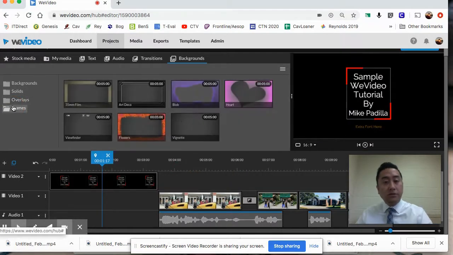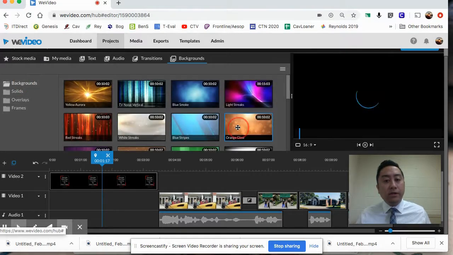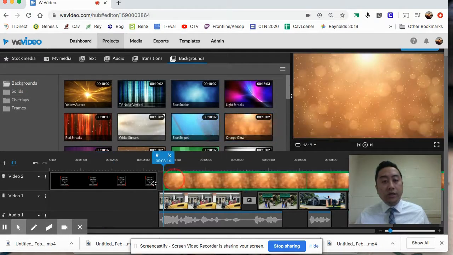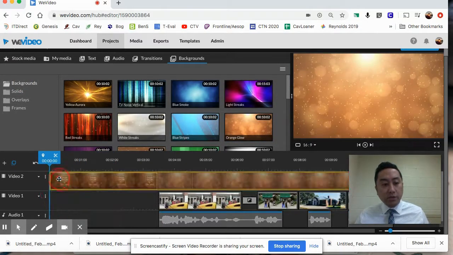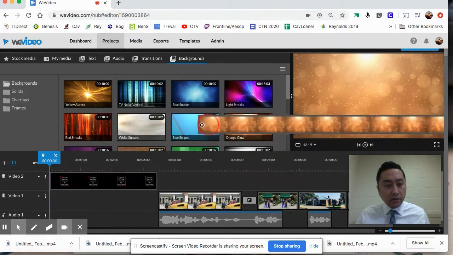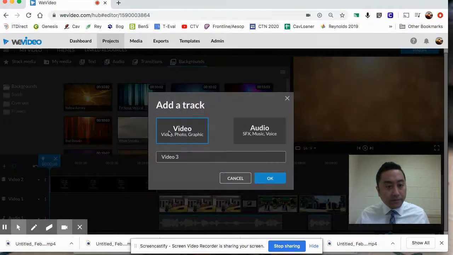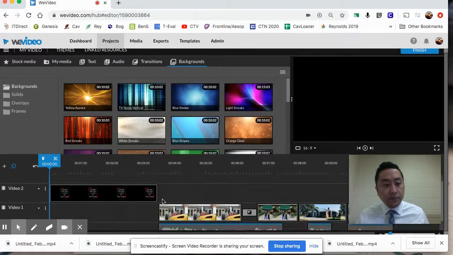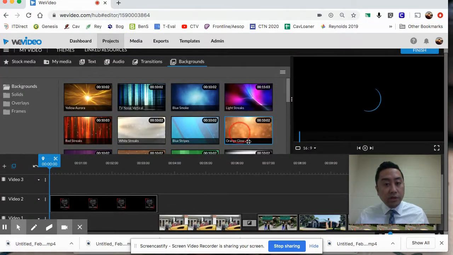And you've got frames, which can frame things out. But we're just going to do a background. I like this little moving one. So you'll notice, again, this is way too long to put here. So what I'm going to do is drag it in. Does it automatically add? It doesn't automatically add. I'm going to add a video line. So now we have a third row of video. I'm going to drag it up here